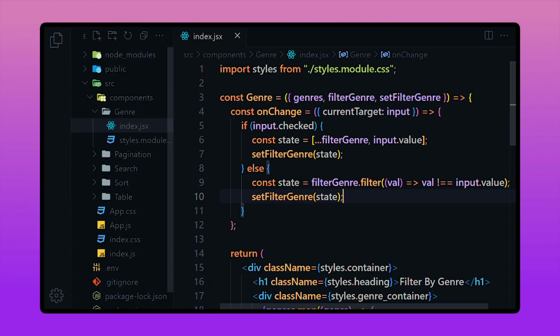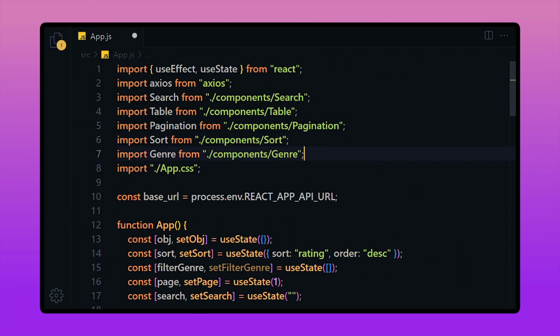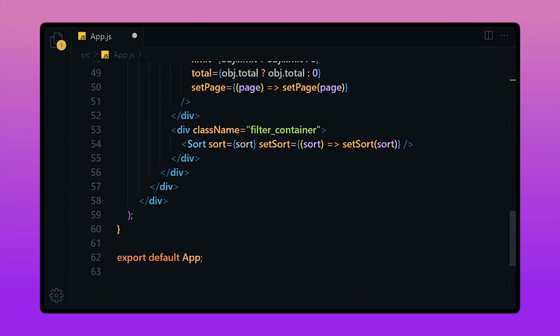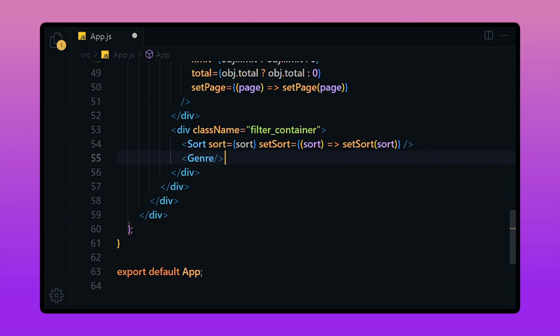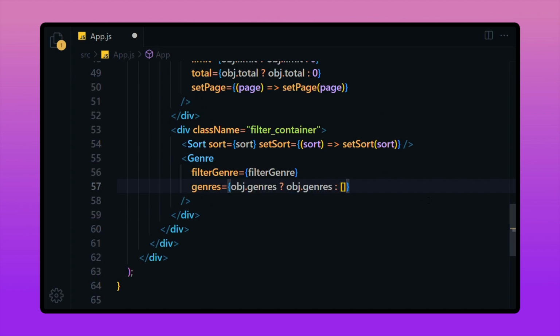Now let's open app.js file. Here we're going to import genre from components folder, and then inside filter container div we add genre component. For filter genre prop we add filter genre state. For genres prop, if object.genres exists, value will be object.genres, else it will be an empty array.